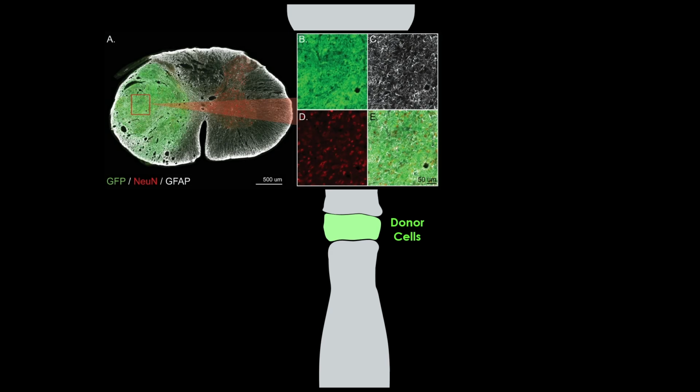So this schematic, very crudely, is showing you what happens when you have a disrupted spinal cord, and when we transplant these developing neural tissues into the injury site. We essentially want to use this transplant to create new connections and promote repair. These cells can be transplanted with fluorescent tags so we can see where they are and how they integrate with